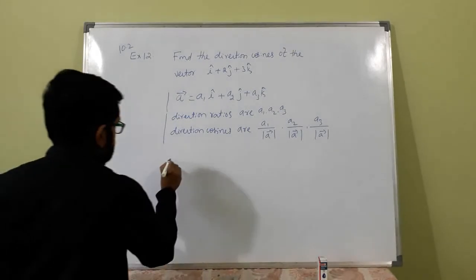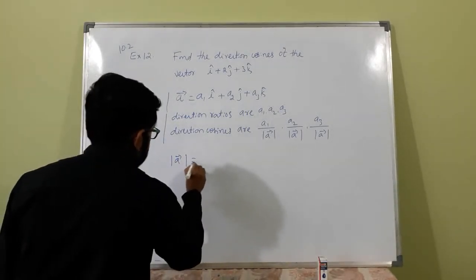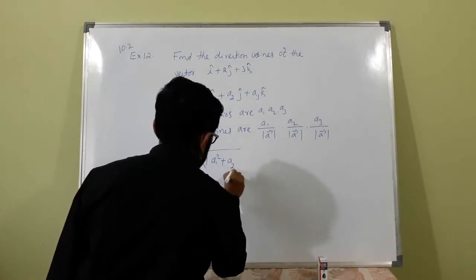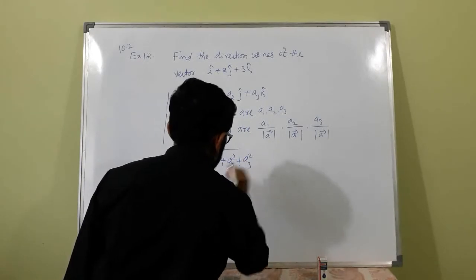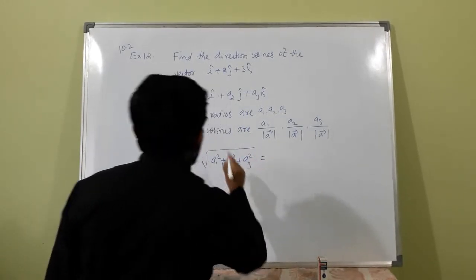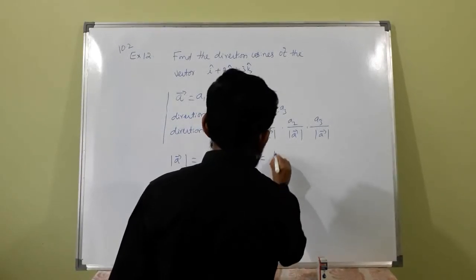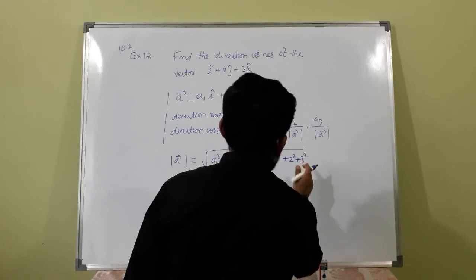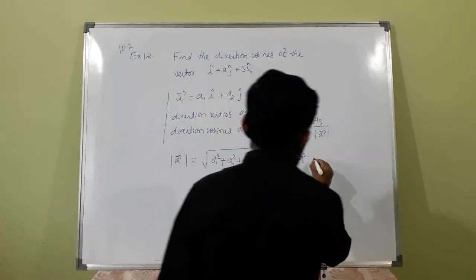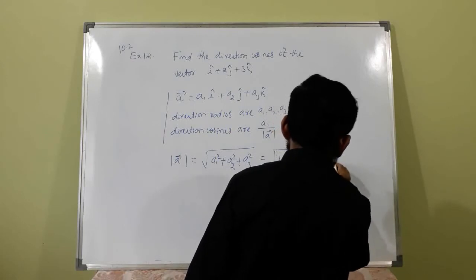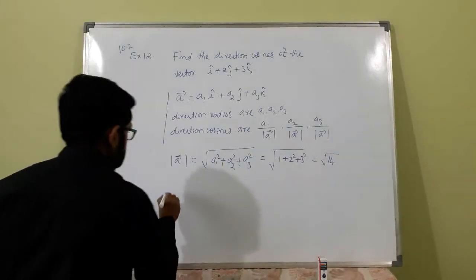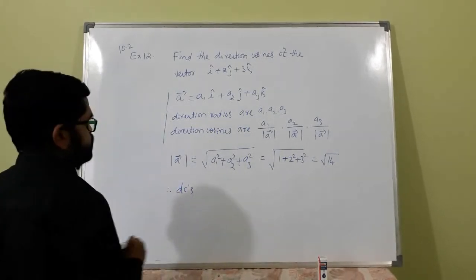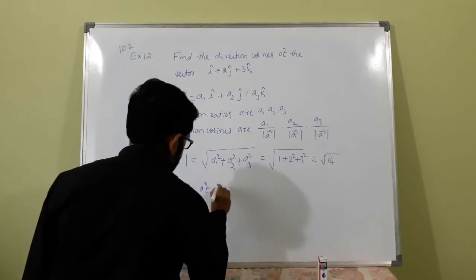See, what is magnitude of A here? This is square root of A1 square plus A2 square plus A3 square. That is square root of 1 plus 2 square plus 3 square, 1 plus 4 plus 9, that is root 14. Therefore, direction cosines of A are